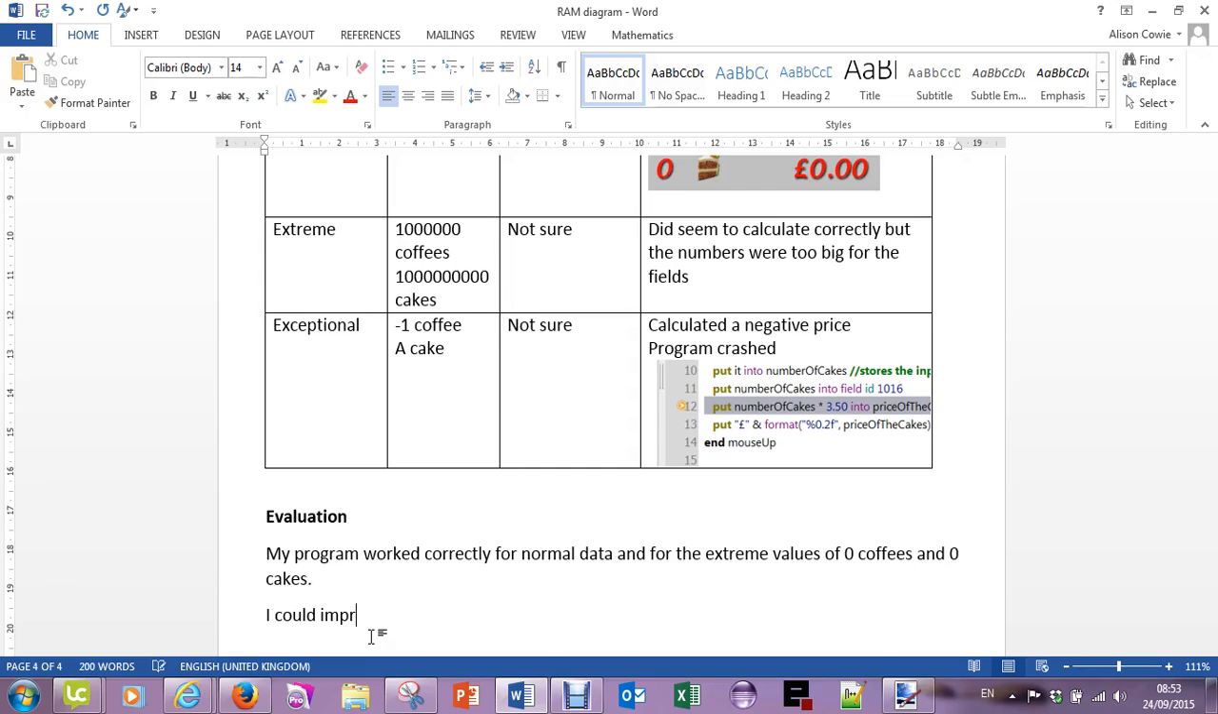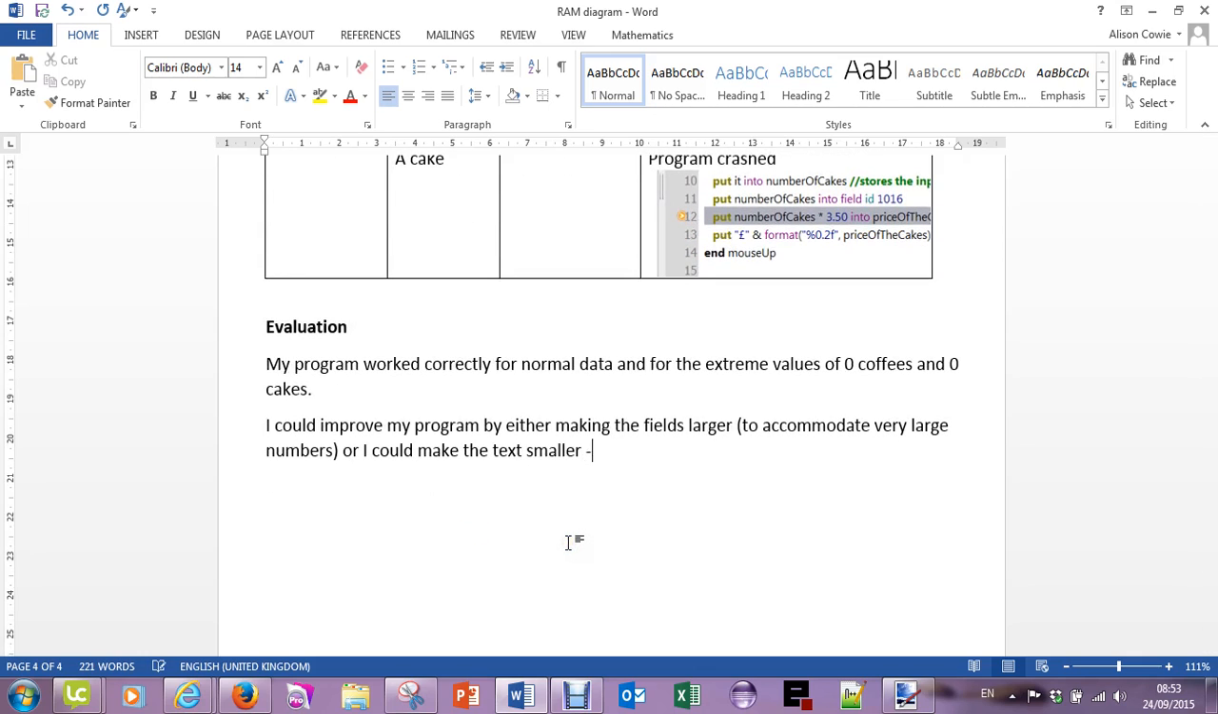I could improve my program by either making the fields larger to accommodate very large numbers, or I could make the text smaller, but probably the best thing to stop very large numbers being entered